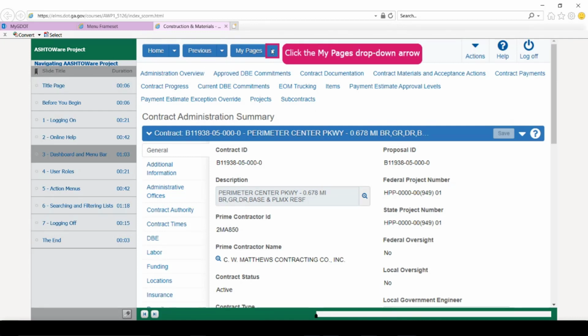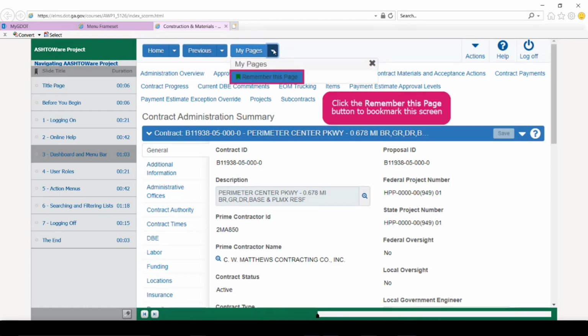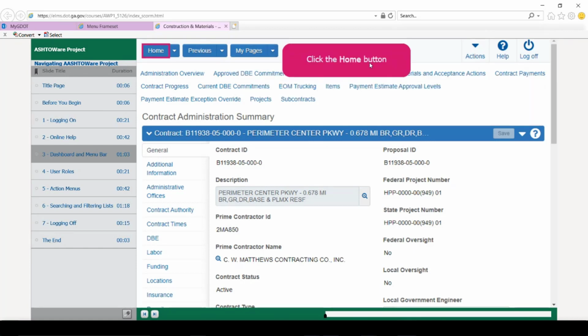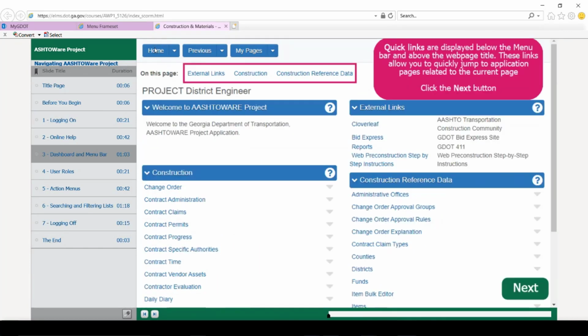So in My Pages, I can click on the down arrow and simply select remember this page, and underneath it, it creates a link to this contract that I'm currently looking at. So it's just that easy to set up any particular screen that you see as a favorite for quick navigation to return back to it. By clicking on the X mark here on the My Pages drop-down, you can close that. Clicking on the Home button will take you right back to your home page.